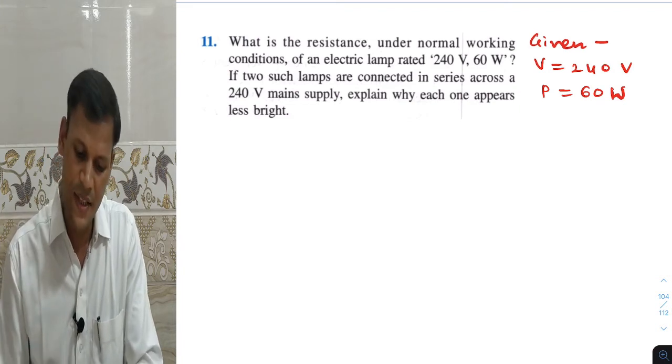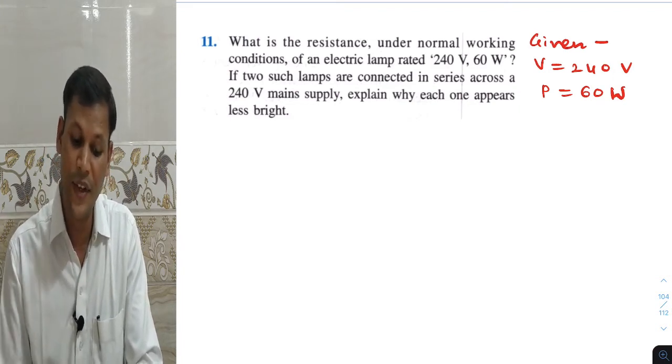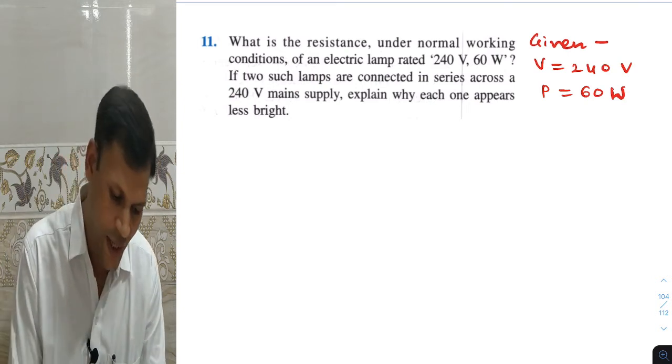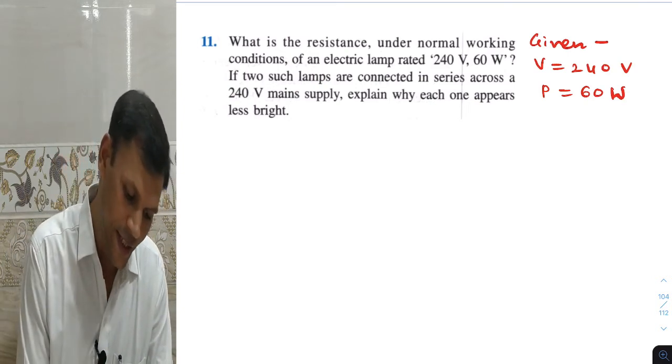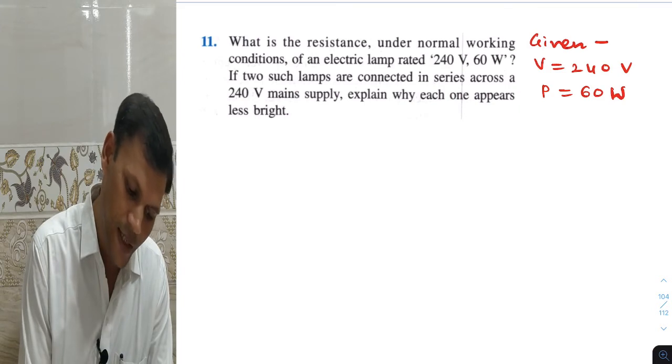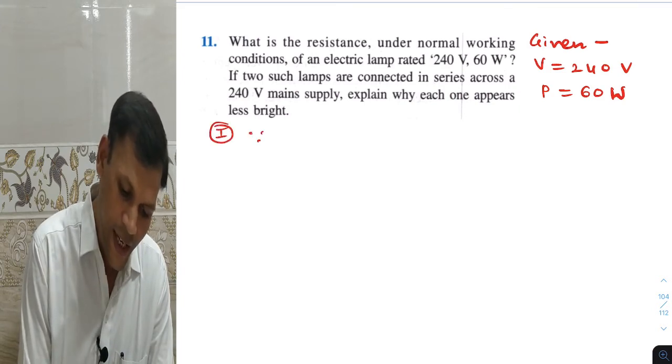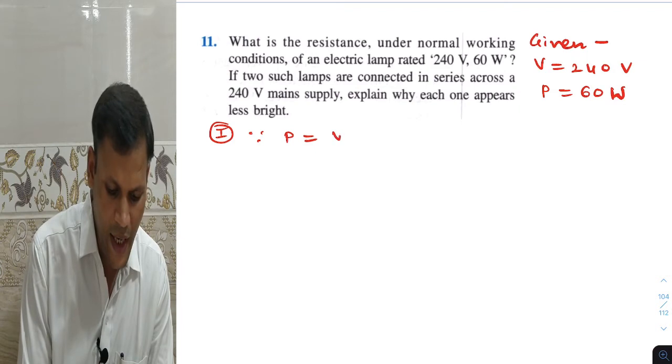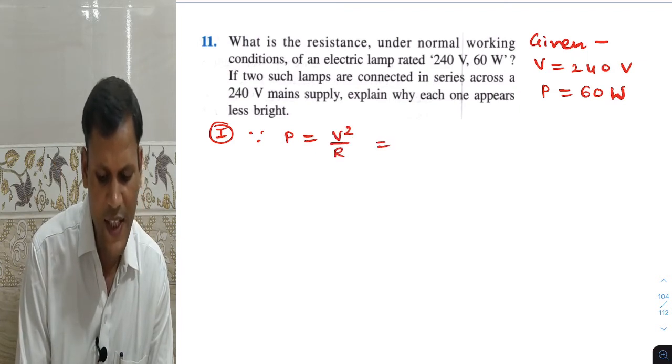So power is VI, or power is I square R, power is V square by R. That formula we have according to power rating. So we can write in the first part, since power is V square by R, so it implies that resistance,